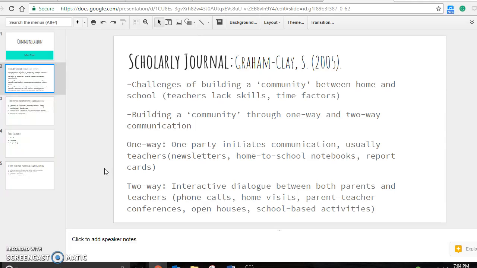this last year. So building a community was talked a lot about in this article, and there are different ways that you can build that community, through one-way or two-way communication. I really liked the way that it talked about the one way, which is obviously going to be more one-sided, where the one party initiates communication, which is usually going to be the teacher. So if you send home a newsletter or home-to-school notebook, report cards, which we still do, I think it's super important that we keep this one-way communication because we initiate it, which gets parents to understand that yes, we care and yes, we're reaching out to them on their child and how they're doing in our